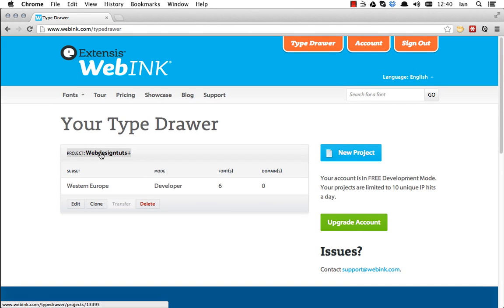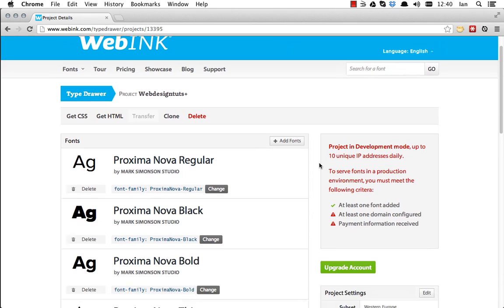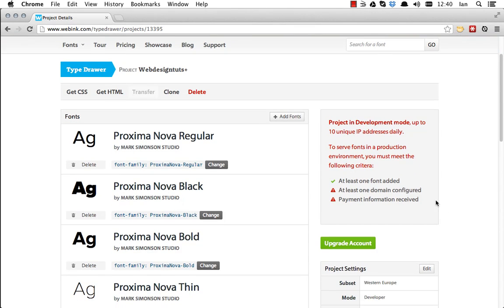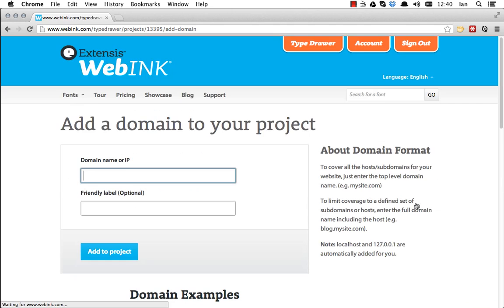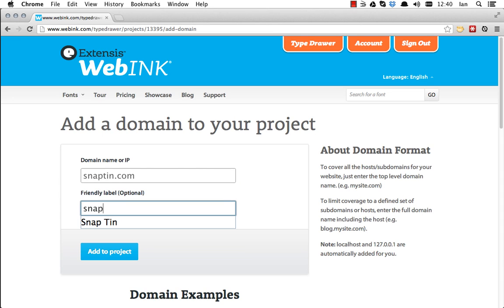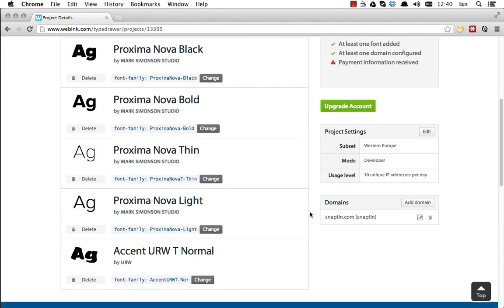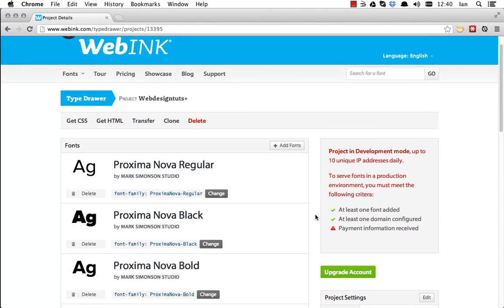So we'll take a look at our project Web Design Tuts, and you can see that ideally you want to be adding domains. So let's go and add a domain that we can actually register for this project. And I'm going to be demonstrating this by putting it on a domain that I have called snaptin.com. I'm going to add that to the project. Localhost is actually included anyway,